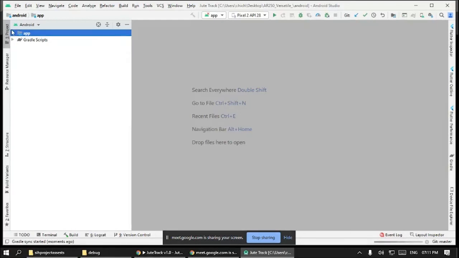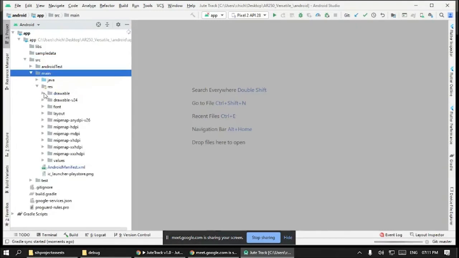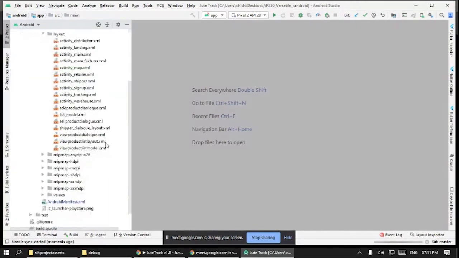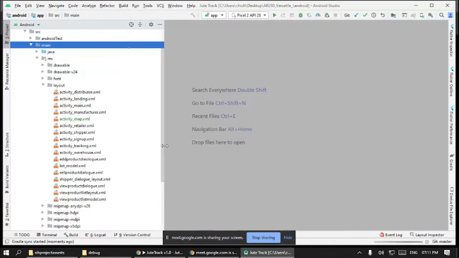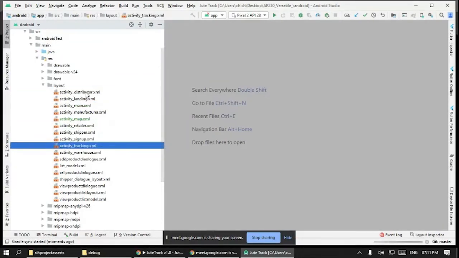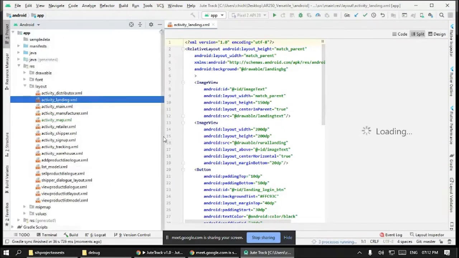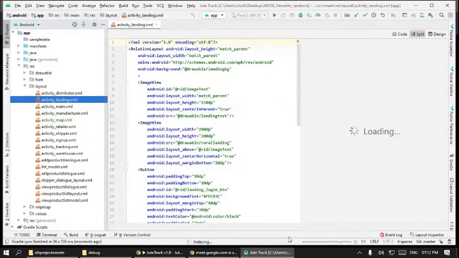Now let's head over to source, name, source, and there is a layout. This was created by me in 36 hours. This is how a basic Android application looks like. Every activity represents a page. Actually, the page is designed by Hemant in this. So first of all, let's head over to the activity landing. Let's let this process complete and we will see the design here.